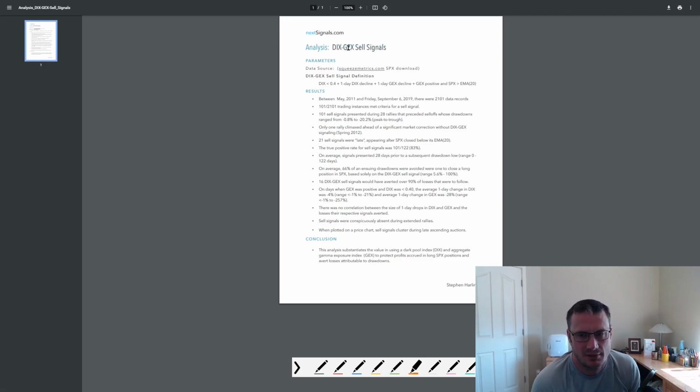In some of my previous blog posts, I went over some kind of complex methods for building out a DIX Sell Signal and a GEX Sell Signal. For this, we're just going to do a slight improvement to the original DIX+GEX Sell Signal just by overlaying 20-day moving average of DIX and 20-day moving average of GEX, looking for DIX below average prints and GEX above average prints on the 20-day moving average, leading up to this sell signal, which is,